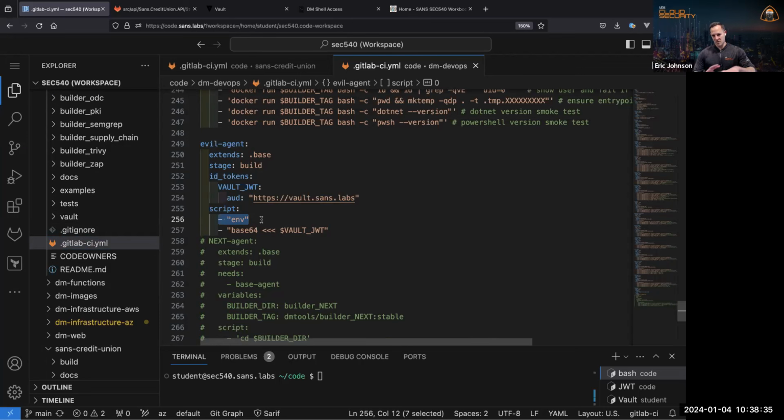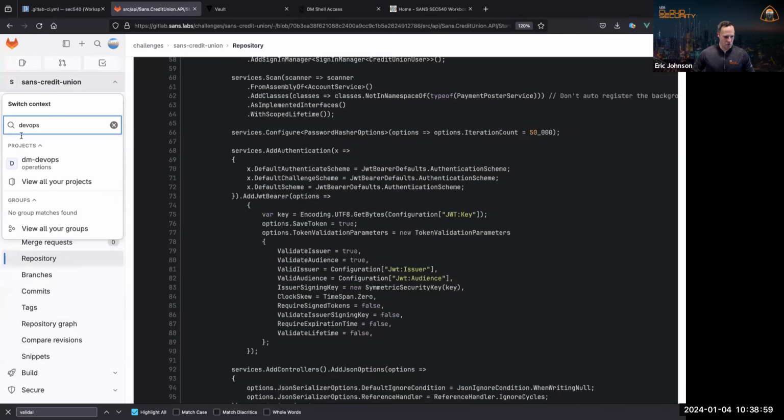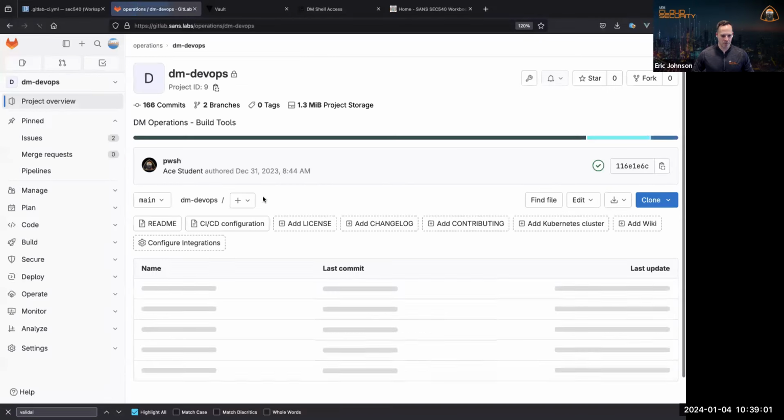One is the simple, let's see if this works, which is just run env, and we'll try to dump all the environment variables out. And then another one is a little more kind of way to hack around a safeguard, we'll say, some masking that's involved. And what it's going to do is base64 encode that environment variable. So if we go out to that particular repository, we'll look for the DM DevOps repo here